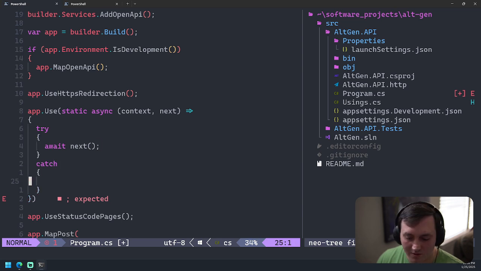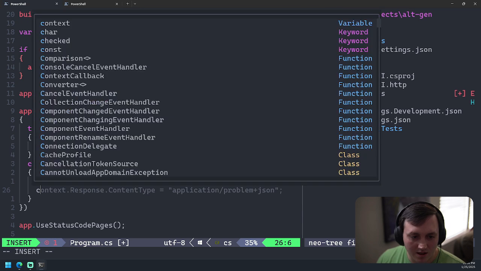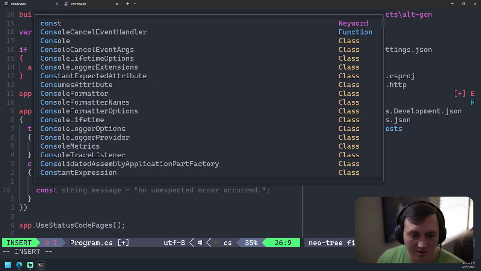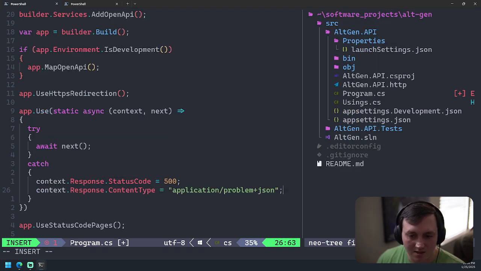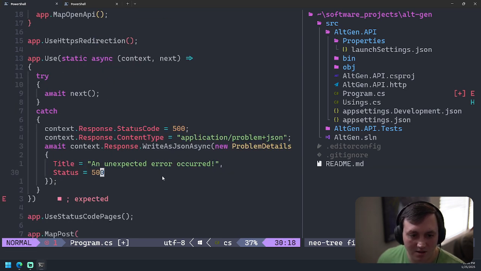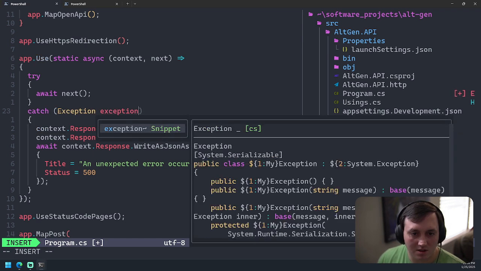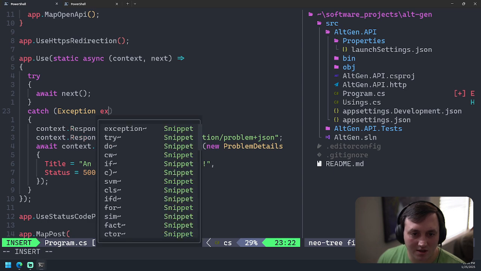And then what we want to do in here is write context.Response, and then Problem, and then we want to write that. And you could also put a log, you could also log this too, right?